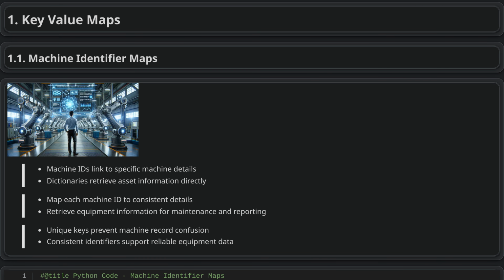Key value maps. Machine identifier maps. In engineering settings, a dictionary links each unique machine identifier, such as a serial number or asset tag, to details about that machine, like its status or location. The identifier is the key, and the machine information is the value. This makes it easier to tell similar machines apart and quickly find the exact record needed without searching through long